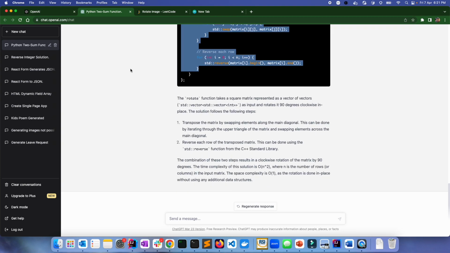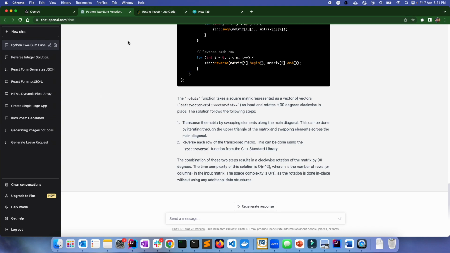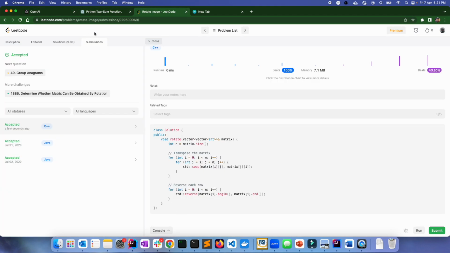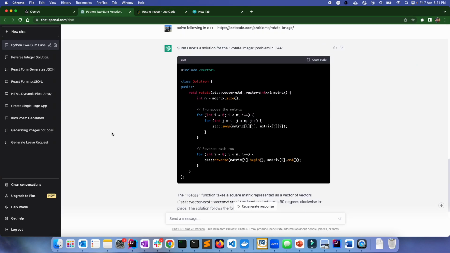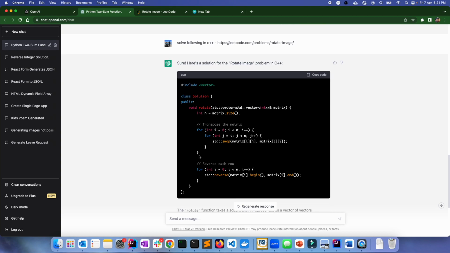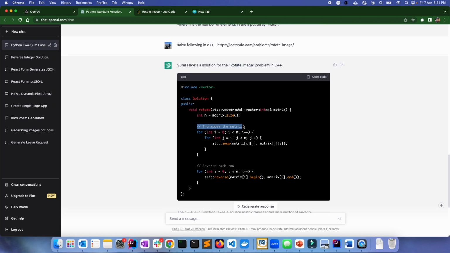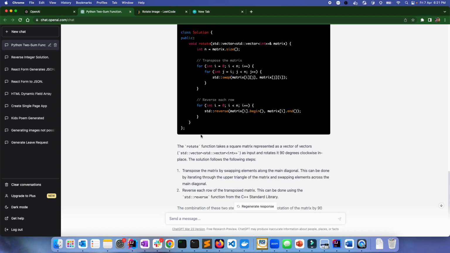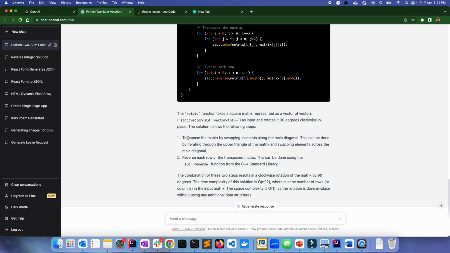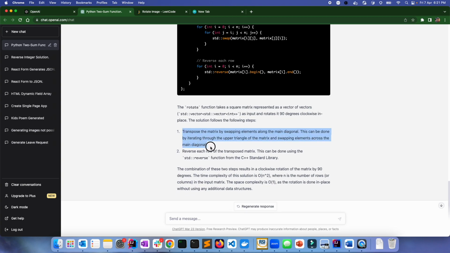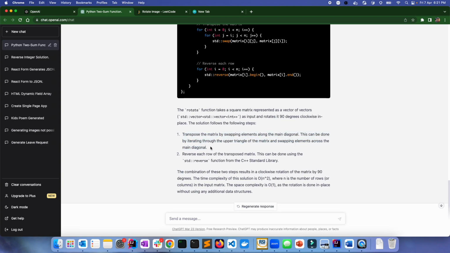For now, I think we are done, and we come to the conclusion that just by sending a proper explanation to ChatGPT, it will start solving those problems with proper, clean code, and it will also explain its thought process.